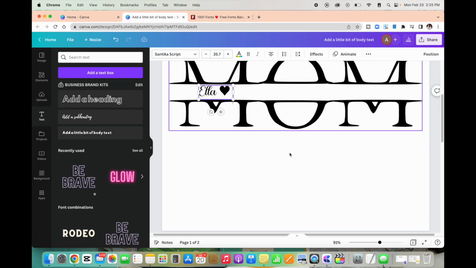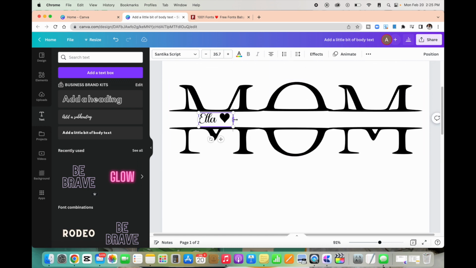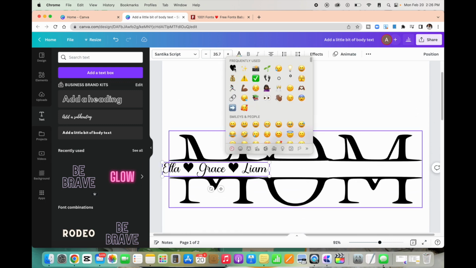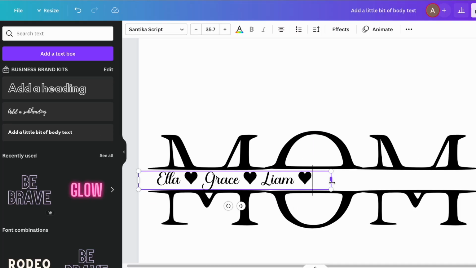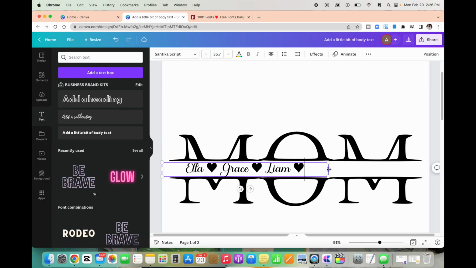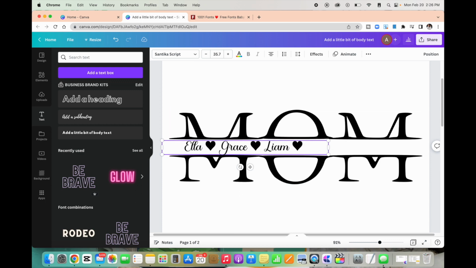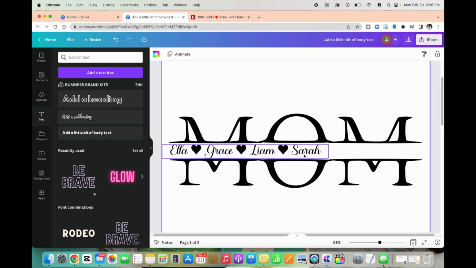And I'm going to keep matching up the names that I see here just to give a better example. So I'm just going to add some space in between and then type in Grace. The next name is Liam. Control, Command, Spacebar, Heart. Expand that out by using this sidebar here, so that way it reads legibly and it's not just underneath each other. It's all on one line. And so then the next thing I'm going to do is type in the name Sarah, and that's pretty much